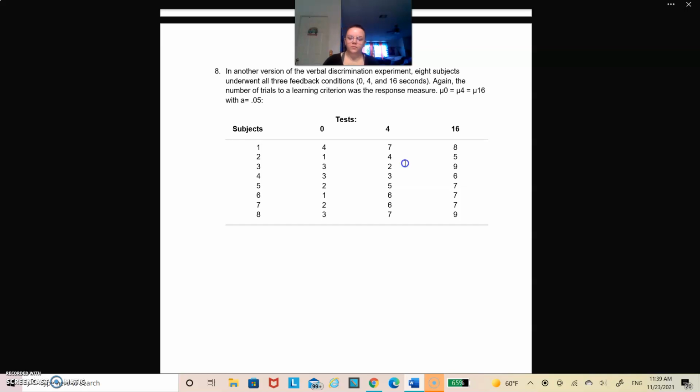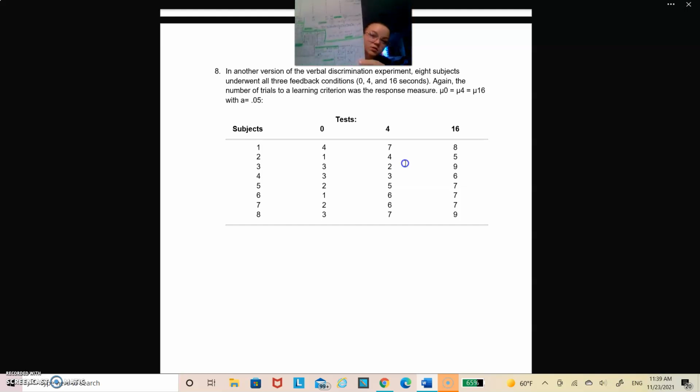I then need to make a source table, and it's pretty much the same setup as when we did the pairwise comparisons of between groups when we make a source table. This one's just a little bit more convoluted just because we have to add in that new error term. And I found that for my G values, I ended up getting 95.25 for the sum of squares, degrees of freedom to be 2, and MS to be 47.63. For the S values, I got 22.63, 7, and 3.23. And for the GXS values, I got sum of squares to be 22.75, degrees of freedom to be 14, and MS to be